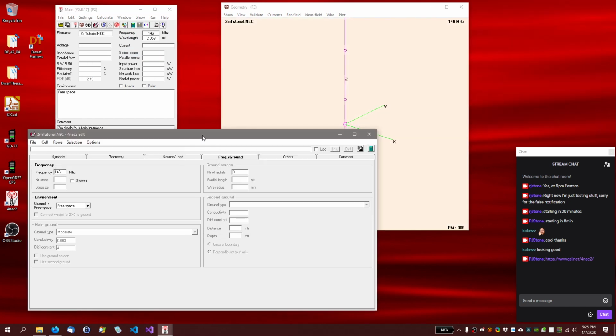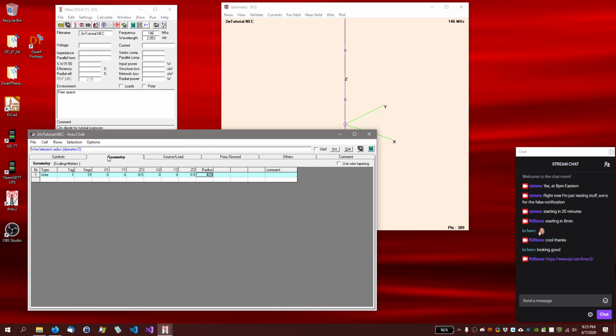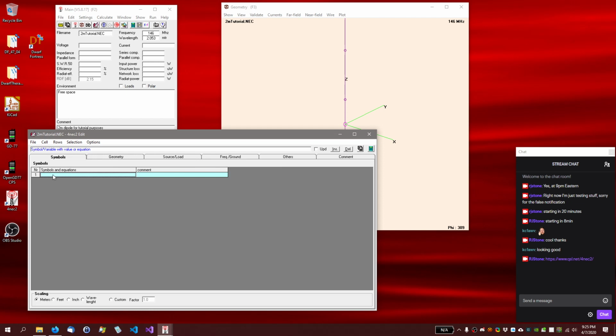Okay, so one thing is it's not really ideal to hard code values into here, and for that reason we have what are called symbols. So let's define a symbol called length. I'll just say len equals 1, and our units are meters, so that's 1 meter. So this is length of dipole. Now, instead of hard coding